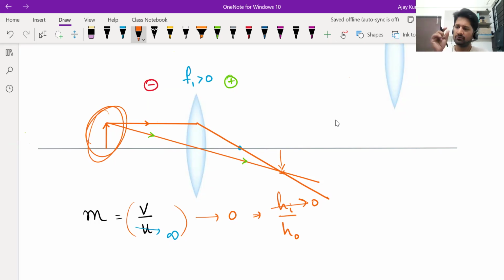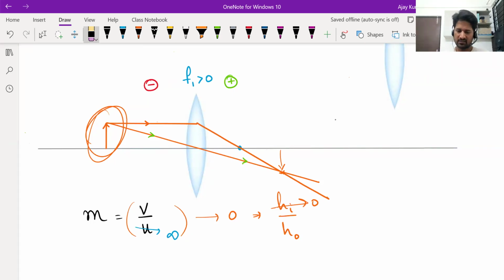Okay. So for small objects which are far away, a telescope is not useful. You won't be able to see the image. Suppose the object is very large, then it can be seen. Now see, when we do ray tracing, till now, all the cases that we considered, whether it's mirrors or